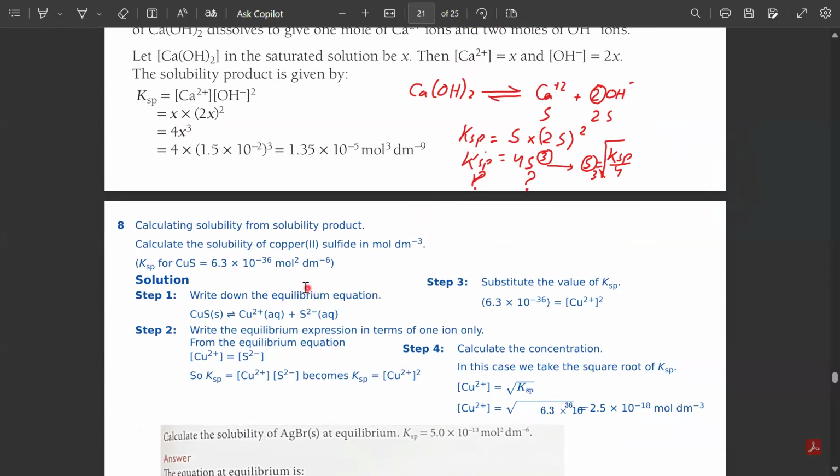For example, we have ethanoic acid or sodium ethanoate. I write sodium ethanoate dissociates into sodium and the ethanoate ion, and then the second equation would be the ethanoate reacting with